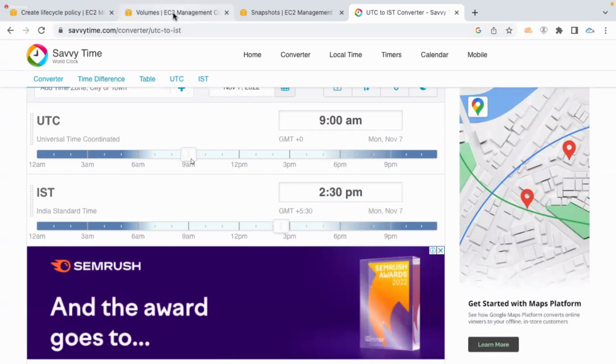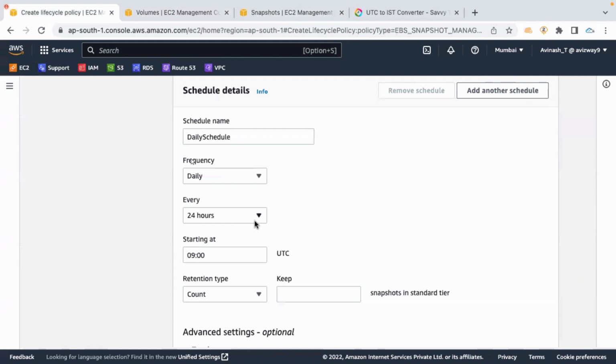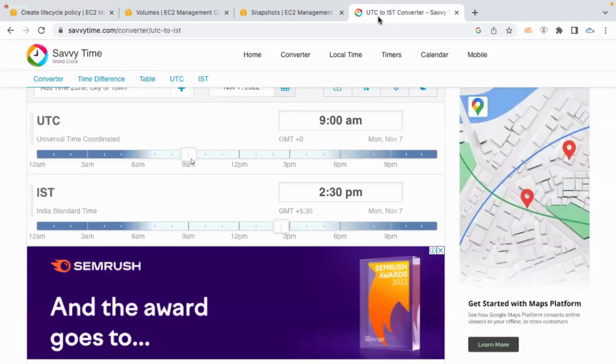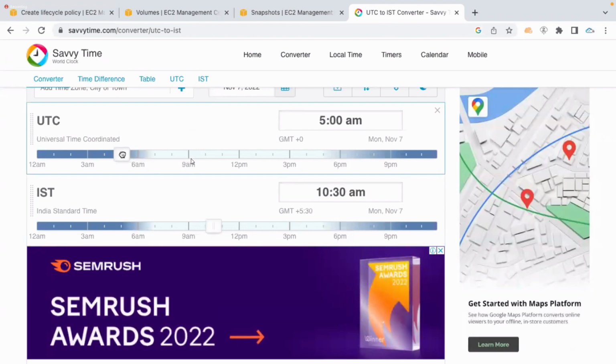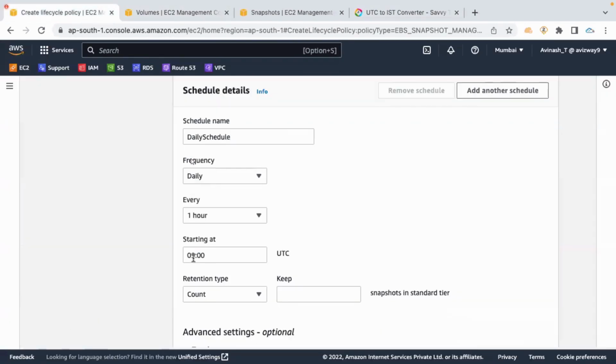Starting from this time, it is going to create a backup copy for every 24 hours. For example, I want to create a backup copy for every 1 hour. The first copy is going to be created today at 2:30. For example, if I give 5 a.m., the first backup copy will be created at 10:30. So from 10:30 onwards, for every 1 hour, it is going to create a